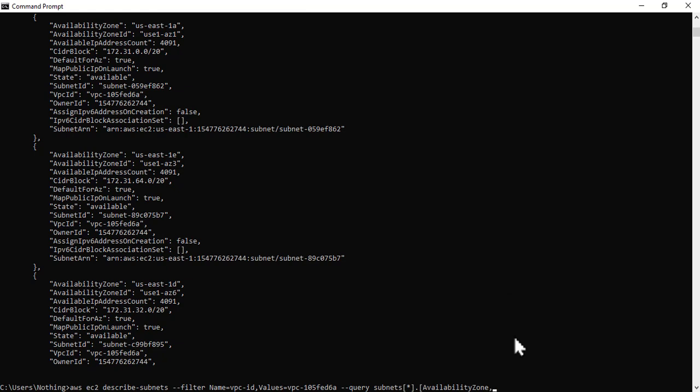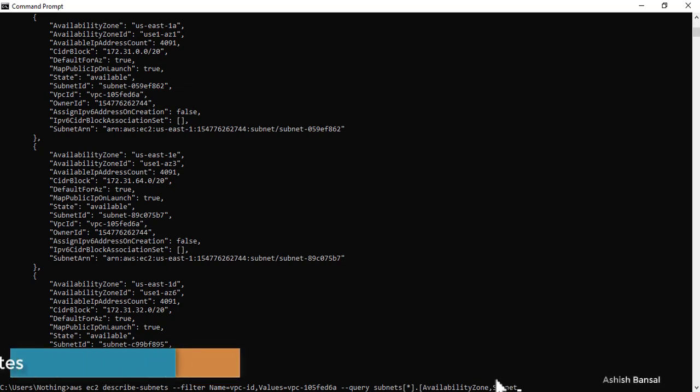And we are also looking at the subnet ID. So the values that you are writing here are case sensitive, so please be a little mindful of it while you are typing it manually.